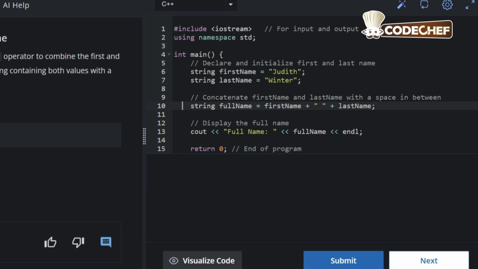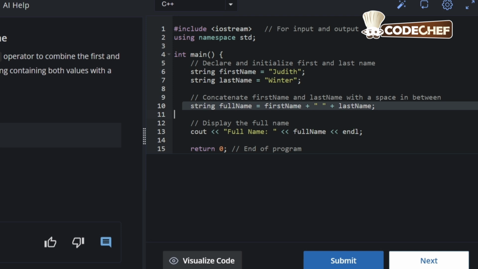Then we are performing string concatenation in this statement. String fullName is equal to firstName plus operator, then double inverted commas with a space, and then again plus operator, and then lastName